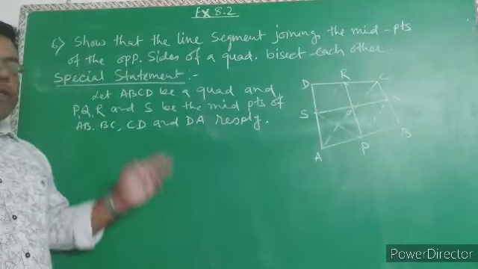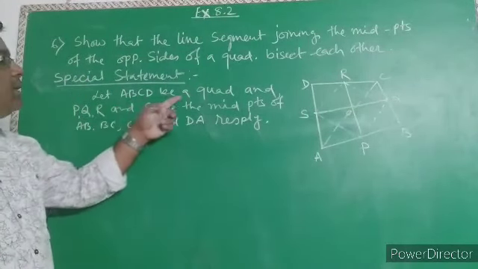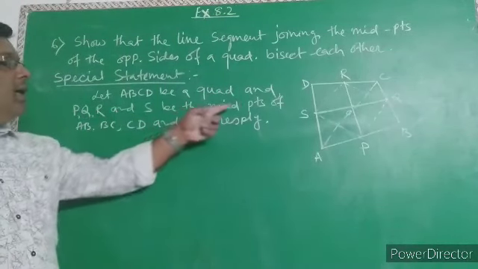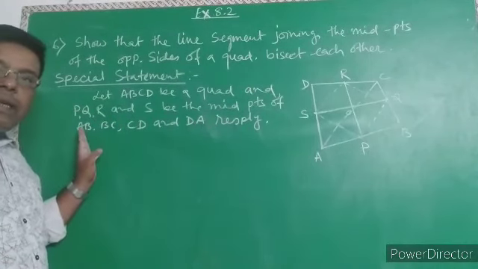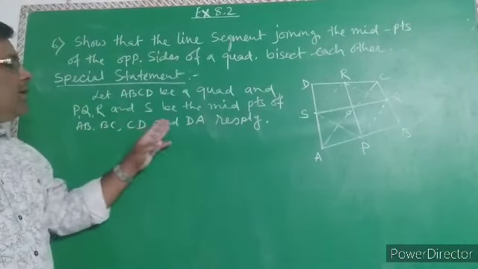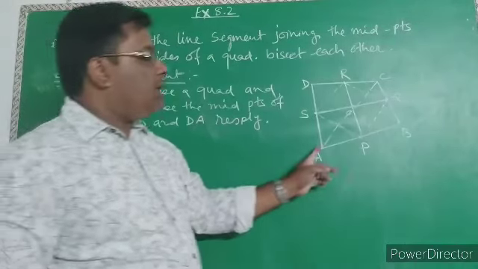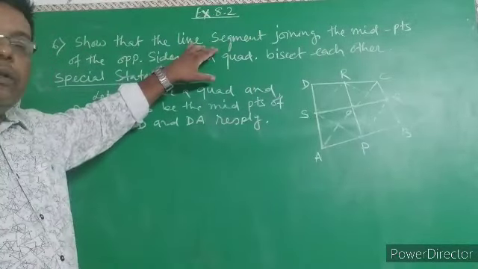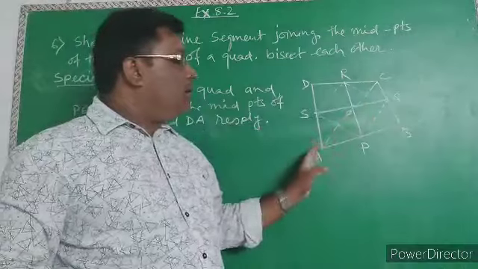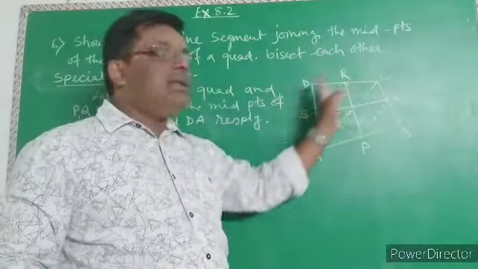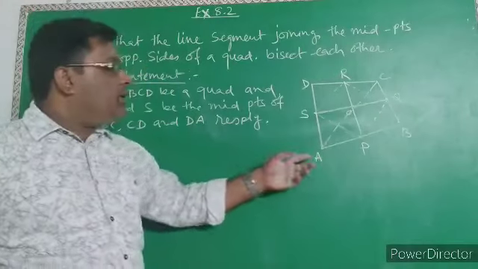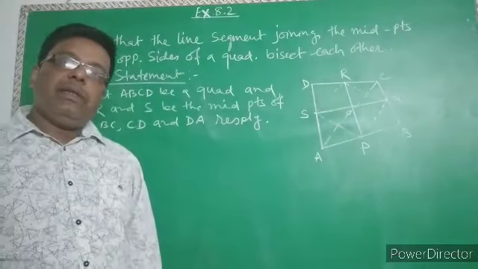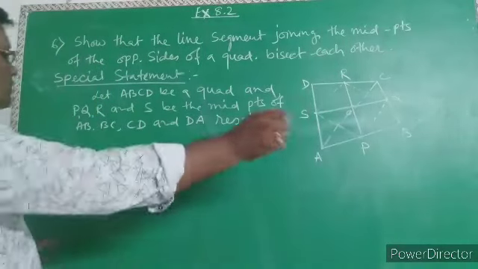So first, the statement: let ABCD be a quadrilateral and P, Q, R and S be the midpoints of sides AB, BC, CD and DA respectively. So we take ABCD as a quadrilateral. Here the name of this quadrilateral is not given, so you can take P, Q, R, S and ABCD as you wish. Now to prove